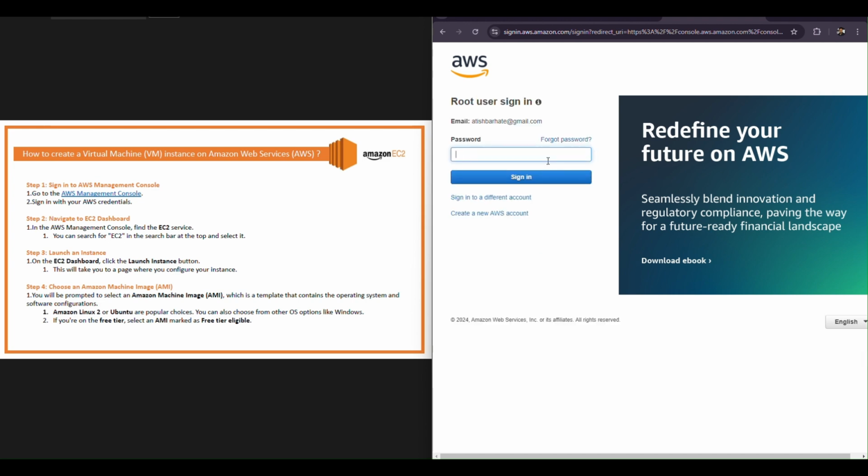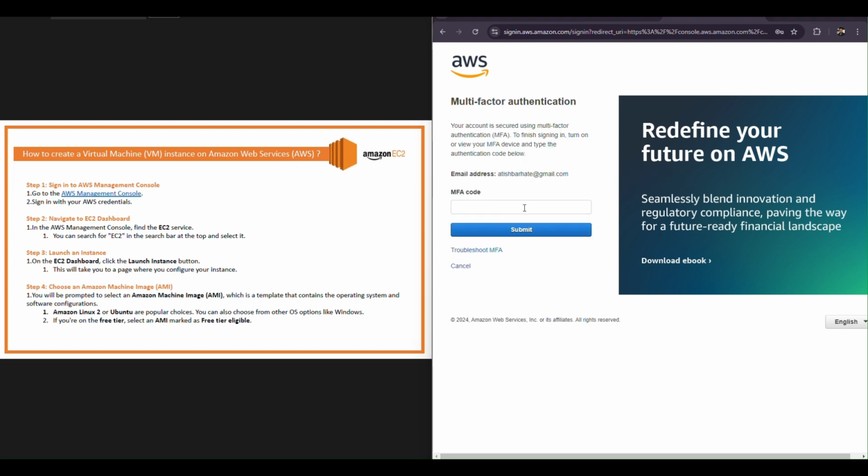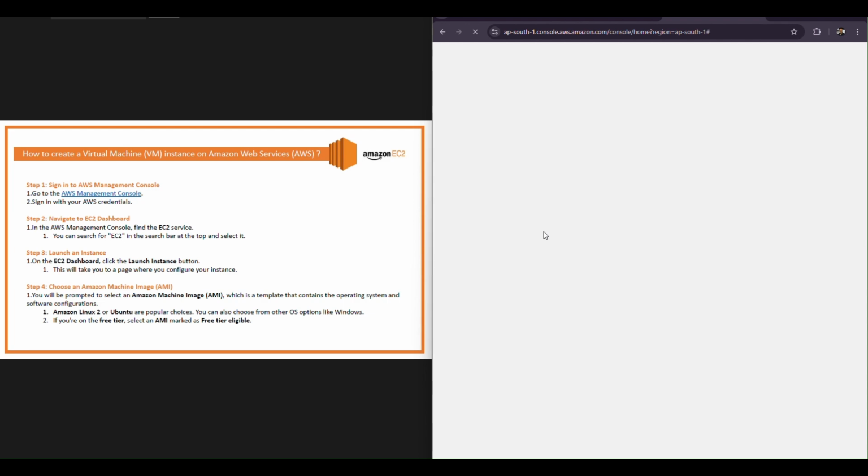Next, enter your password. Then you need to enter your MFA code. You can get the MFA code using any authenticator app which is present in your phone. The first time while you are creating your AWS account, you have the option to set up MFA with your phone, and once you set up multi-factor authentication for your account, whenever you log in to your AWS account, you just need to go to your phone,